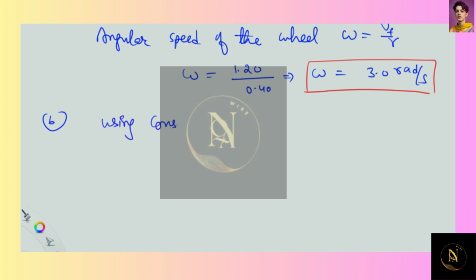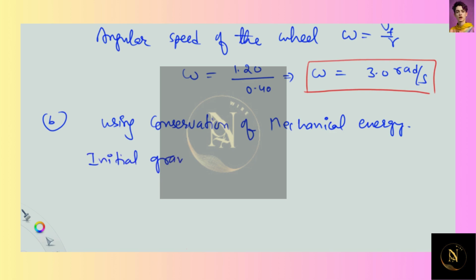Using conservation of mechanical energy, according to which the initial gravitational potential energy of the block, when it starts coming down, finally will be equal to the kinetic energy